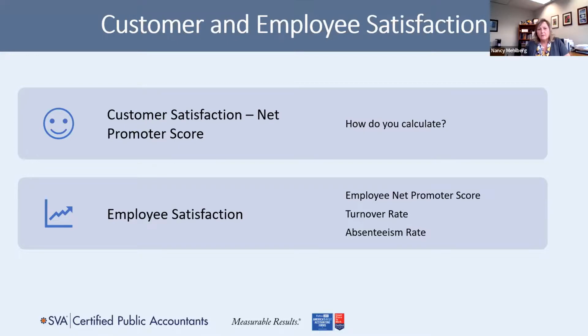This is something that I recommend people do every year. Sometimes companies do it more than once a year, but once a year at a minimum. And you can actually do the same thing with employee satisfaction. There is an employee Net Promoter Score. The other metric you might want to follow is your employee turnover rate or absenteeism rate. So if retaining employees is a problem or something that you want to focus on, then this is one of the standards, the KPIs, that you probably want to really keep track of.